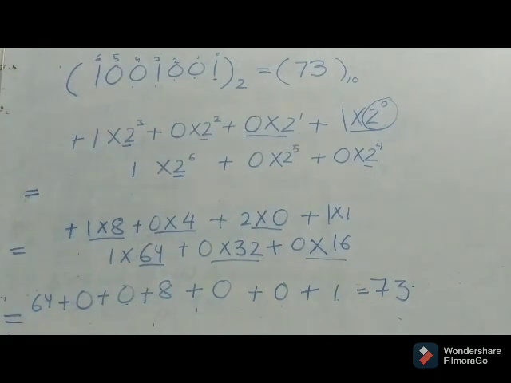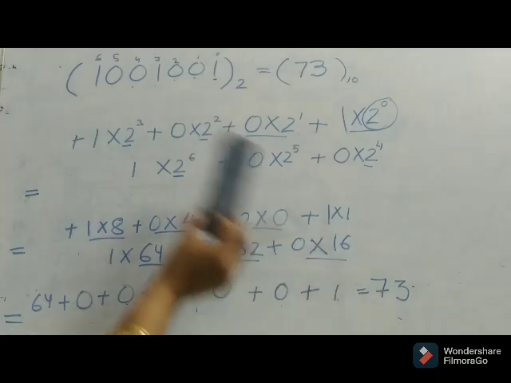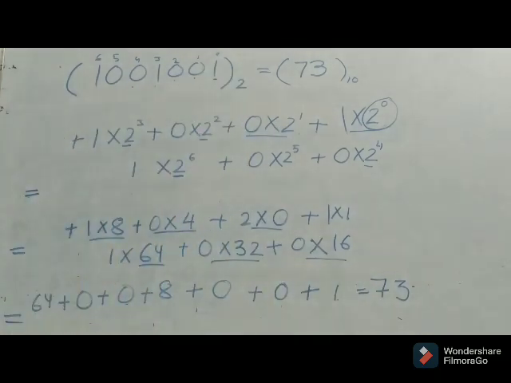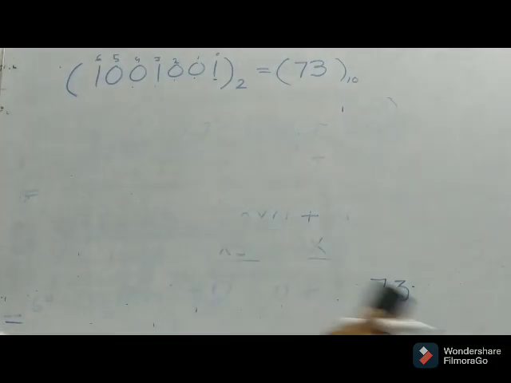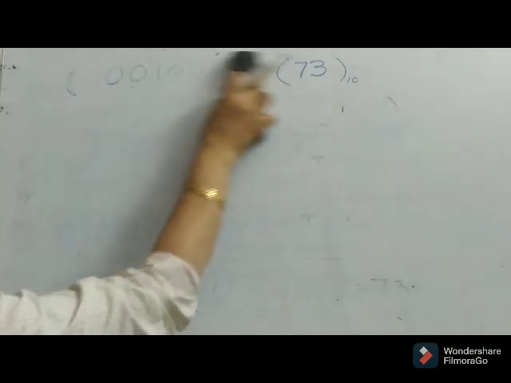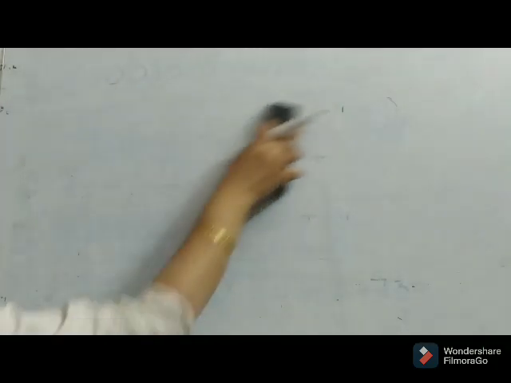Now if you want to recheck your answer, the method of decimal to binary is there with you. If you still have time in the exam and you want to recheck your answer, convert 73 into a binary number and check whether you're getting the same string or not. This is how we convert a binary number to a decimal number. Now I hope the method is clear to everyone and you must have understood. In case of any doubt, you can write to me and ask me.